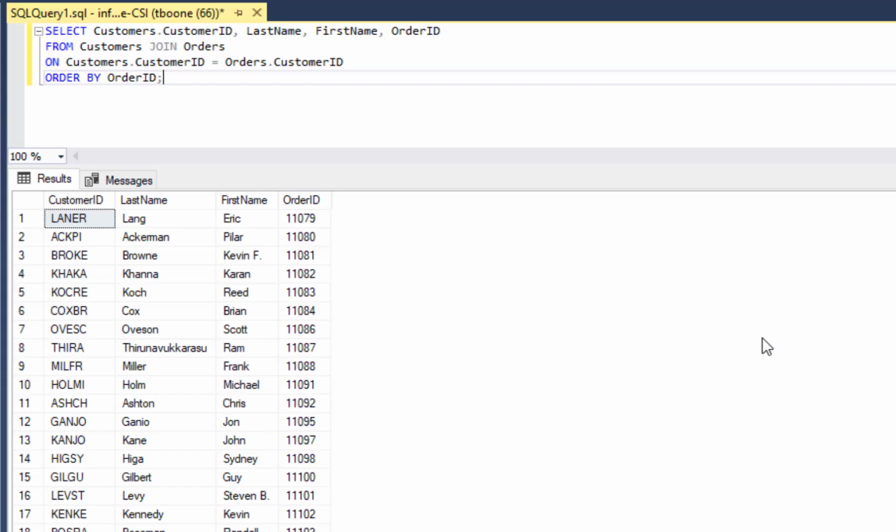When I run this query, we'll get customers that have placed orders. Not all of our customers from the customers table show up in this query. The customers that have placed orders show up, and they may show up more than once if they've placed more than one order. We can see the customer's ID, their last name, their first name, and the order ID that